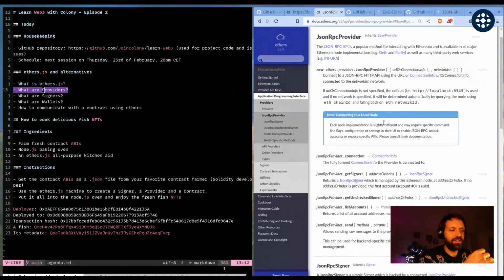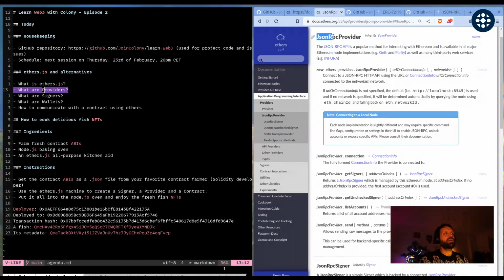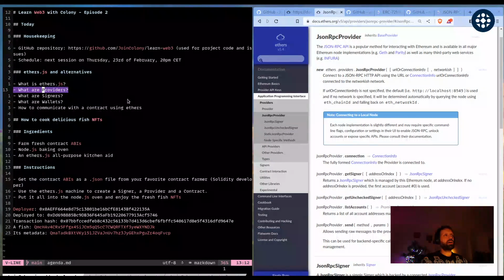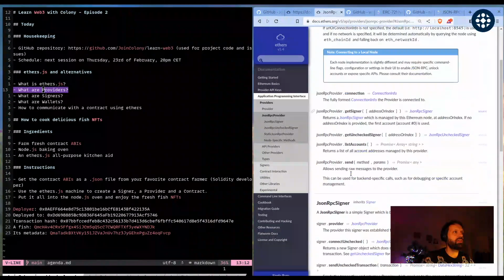And that's kind of the amazing thing, because what we did last time is we only talked with this RPC node directly, and we only had this communication protocol. But here we basically just say, there's a provider. We don't care how it's working internally, but it just works. So yeah, this is pretty great. So the JSON RPC provider is basically the way to do it, and the way we would instantiate it is,